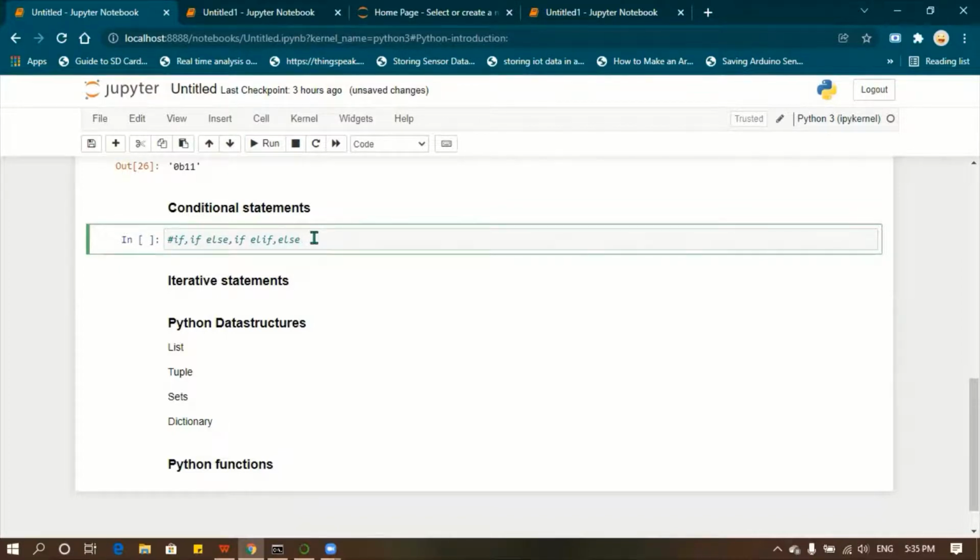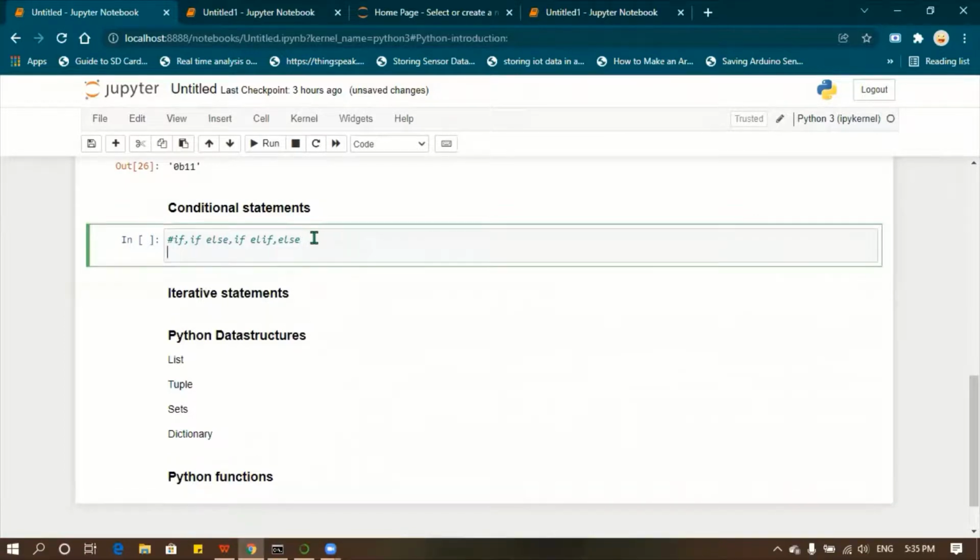These are the conditional statements. It will check the condition. If the condition is true, it will perform some operation. Let's say age equal to 18.